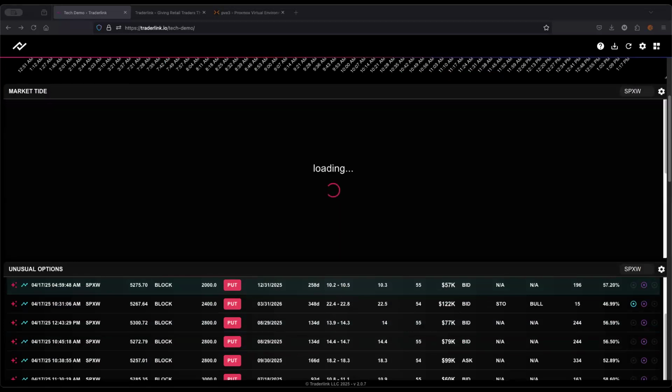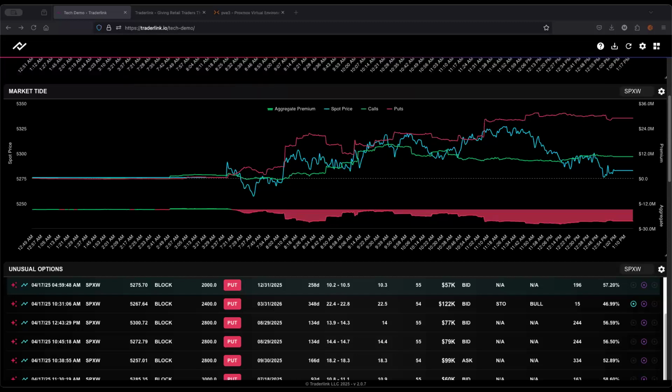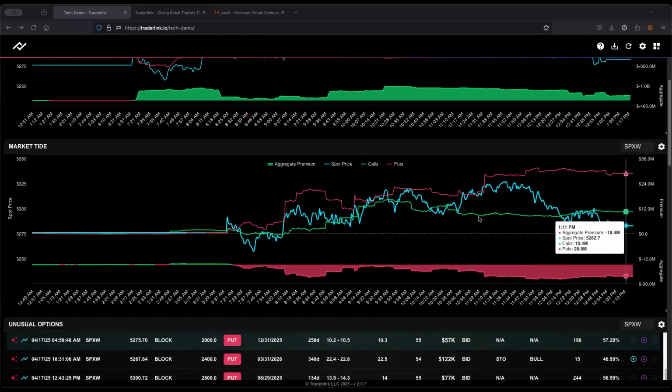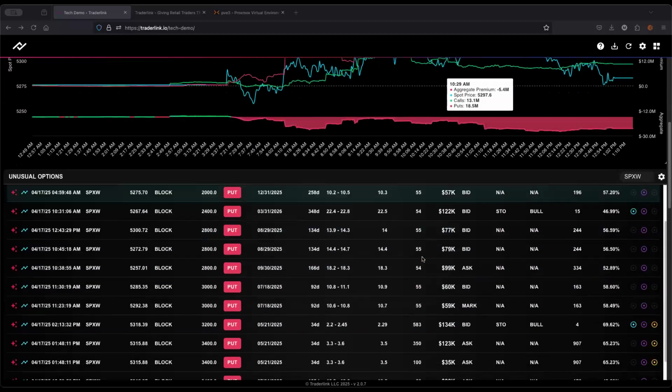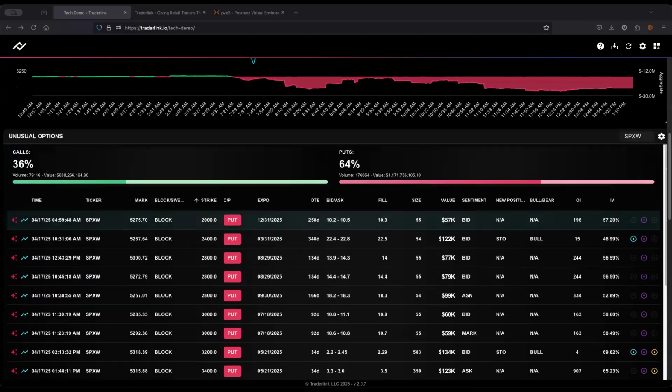And we have an SPX, SPXW unusual options. So originally when I had the unusual options being posted, I wasn't adding SPX and SPXW, because the contract value is so expensive, it would trigger a lot of those more often, and that was pissing people off a little bit. So I don't know unless I'm